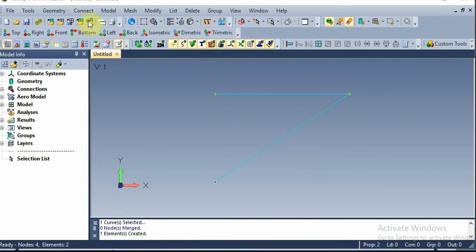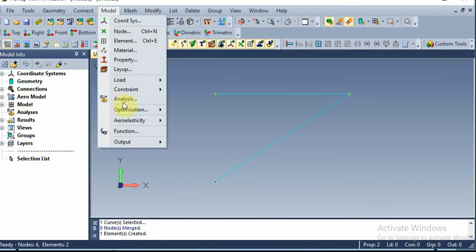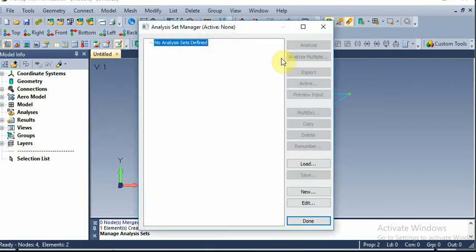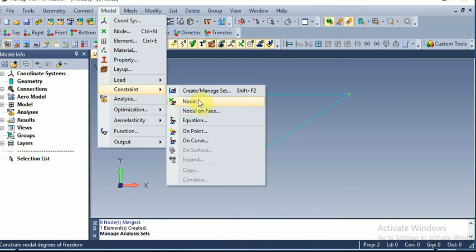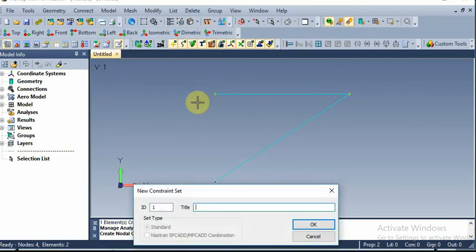Now you have to give constraints to the model. Go to model, constraint. In that, nodal, you have to select nodes 1 and 3, which are fixed. Before that you have to write the title as fixed.